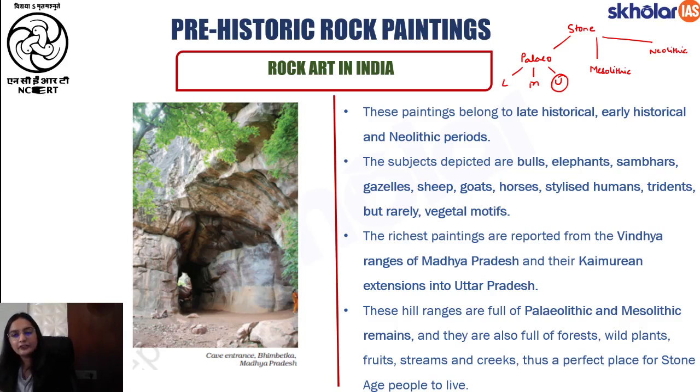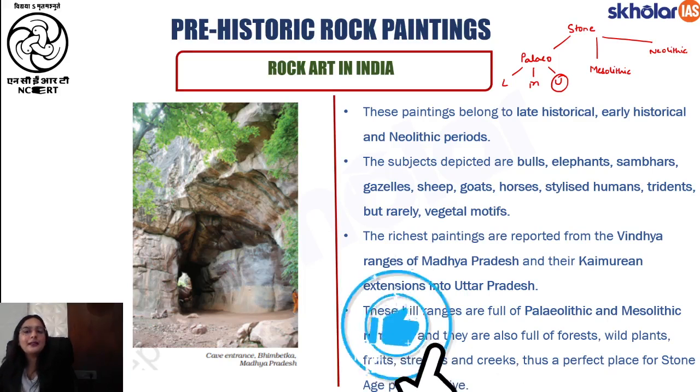सेडेंट्री से हट के एक जगह वो रहने लग गए थे और वहां पे उन्होंने फार्मिंग की प्रैक्टिसेस भी करनी शुरू कर दी थी, एनिमल डोमेस्टिकेशन होने लगा था और इसीलिए जो आर्टिस्टिक एक्टिविटीज थी इनमें भी एक तरह का बूस्ट आया था. So till now we have understood what were the themes or what was the object or colors that were used as a part of the paintings in the upper